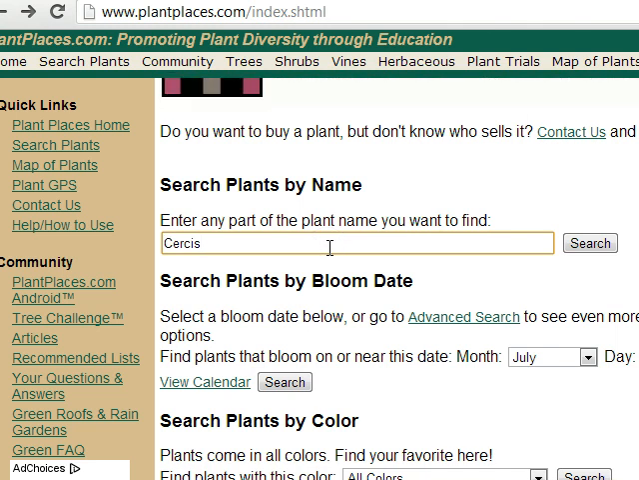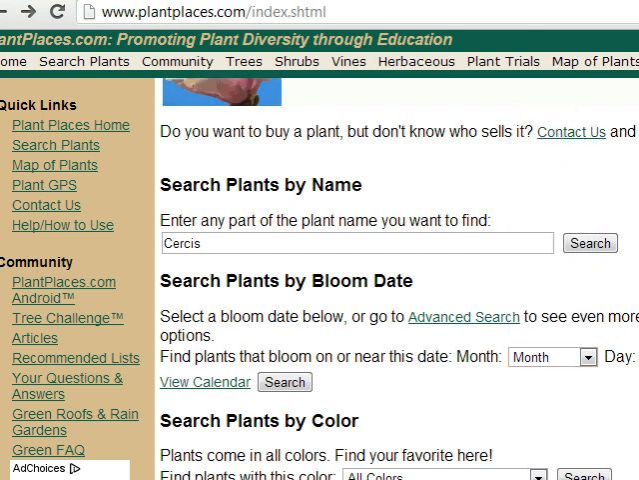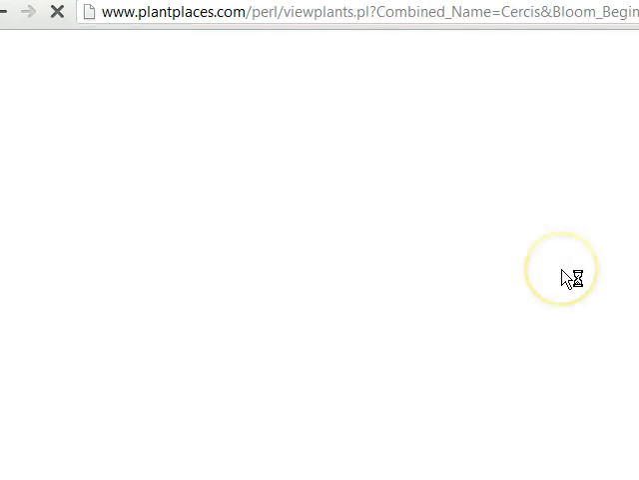As a matter of fact, if I do search for Cercis canadensis, which is the redbud. I need to zero out these as well. Hang on one second. If I do search for the redbud tree and then I pull up the detail page for the redbud tree,